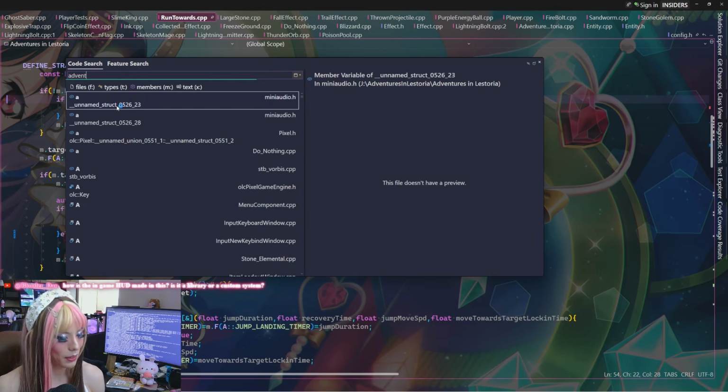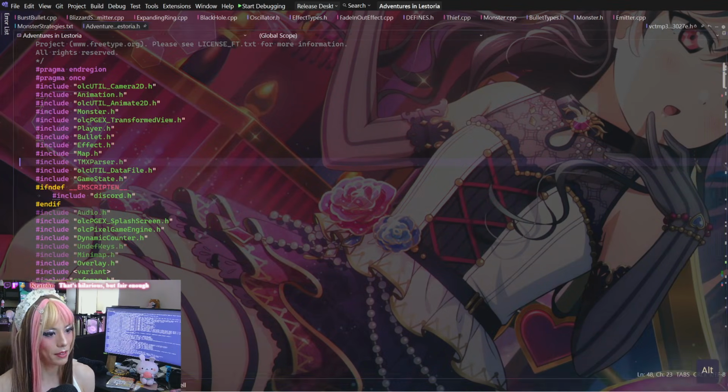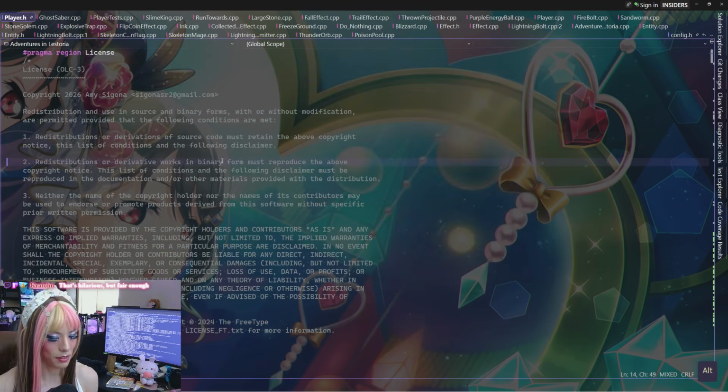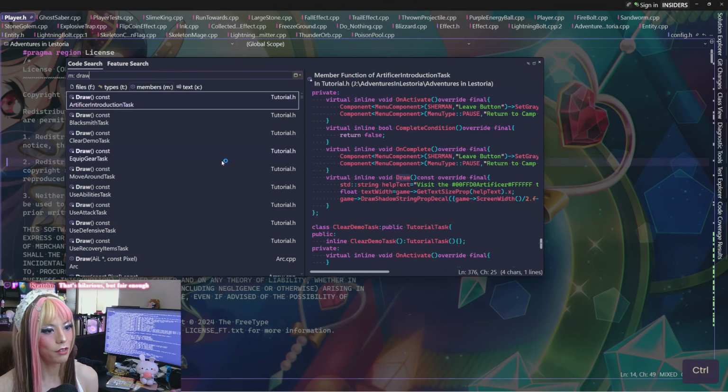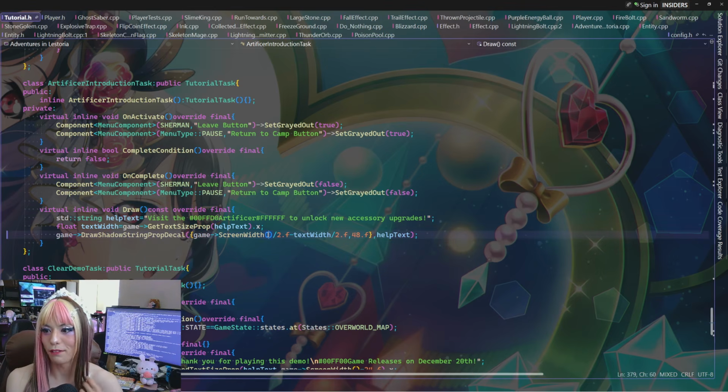But if I went to Listoria.h and looked at, say, player.h, that's probably a better example, and went to the draw function. Okay, this is a draw function for a different one. But either way, this function's const, right? It means everything in here, like the local variables for this object, cannot be modified directly. The compiler will not allow it. But if you make something mutable, you actually can mutate a variable in here. It's just going to ignore the const tag. But you can keep it const, so you can still keep const correctness for other uses.